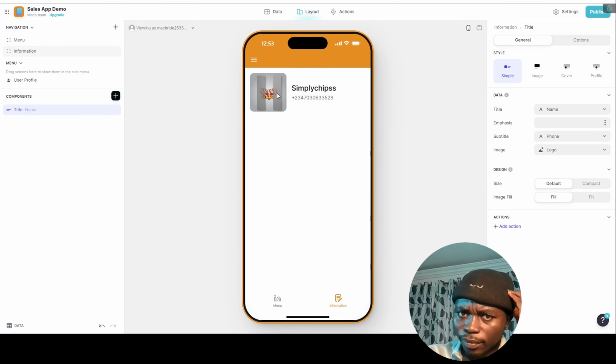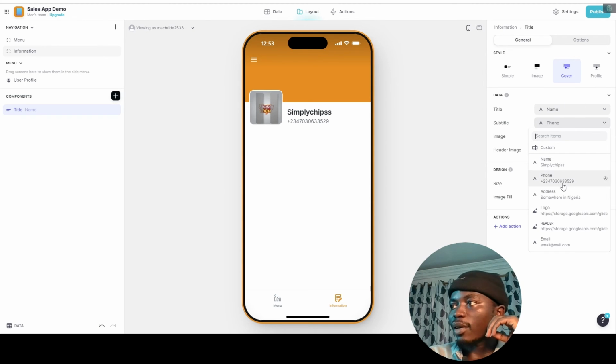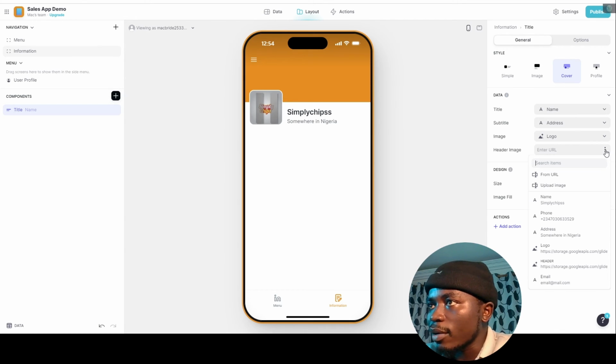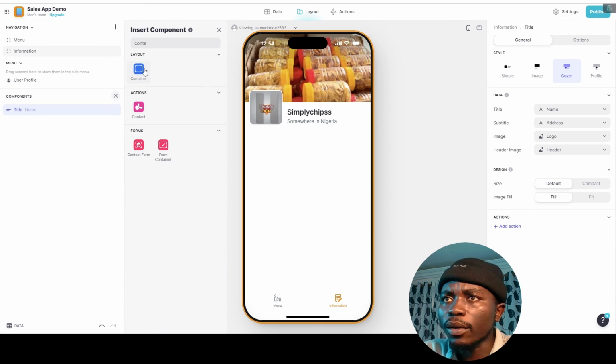The title, I want it to look like this. The title should be the name, the subtitle should be the address, like where the business is located. Set the cover image, the header image, to this header that we created here, and that automatically happens. The next thing is I need to add a contact so that people will be able to contact the business. So to do that, I'll add this container,